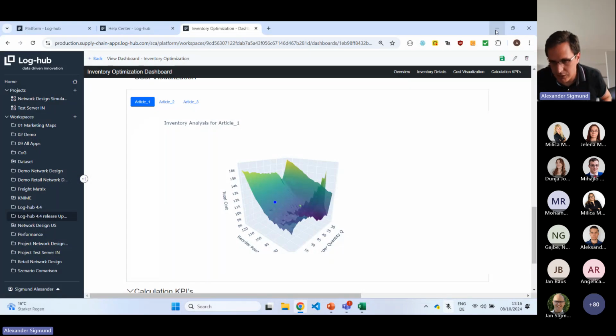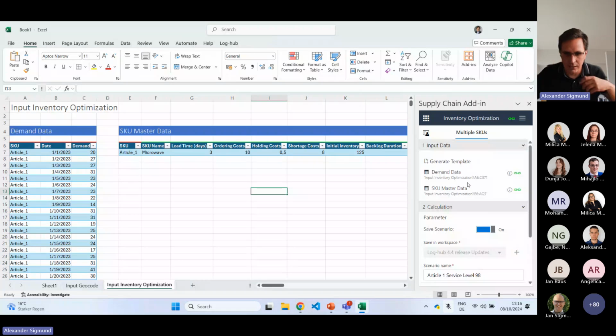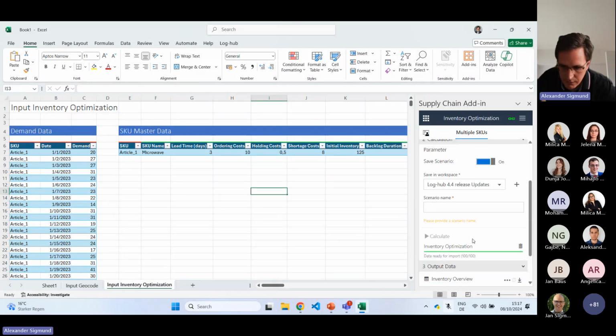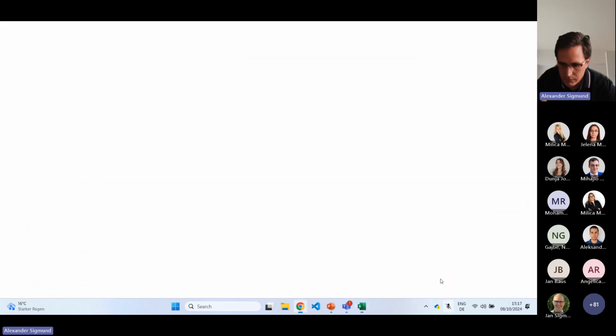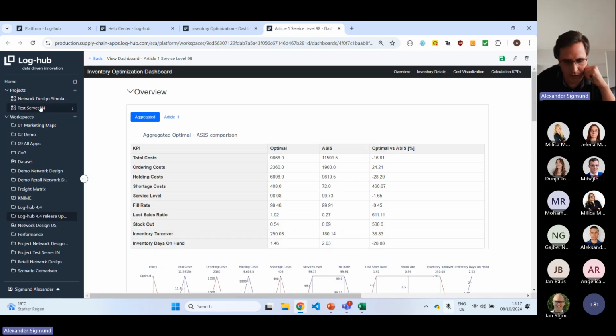Now this is what I want to quickly show you. Let's see. It is still calculating the optimization with the other service level. Now it is at 80%, just creating the dashboard, and it will be done in a second. Now it is done. Let's open this dashboard. If you go back now to the workspace, you will see that we have two folders in there,